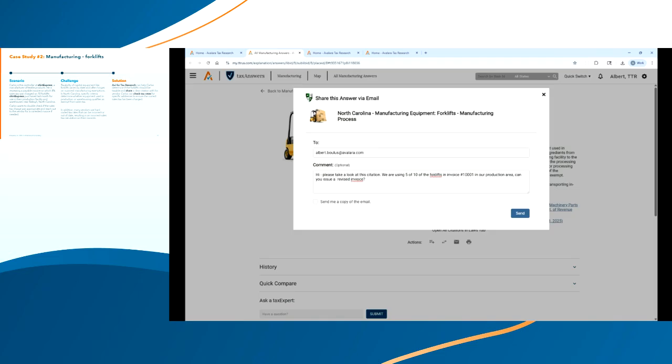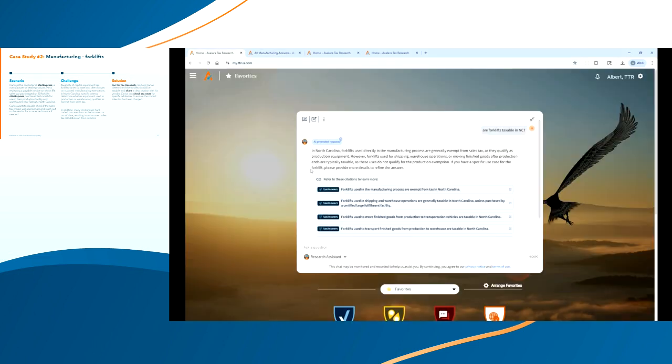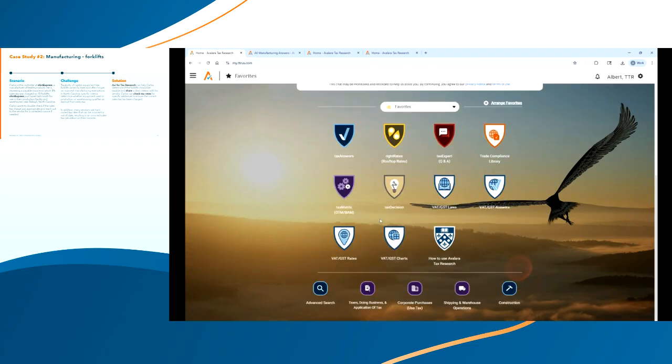And we can send that to our vendor. They will get the email. You can get a copy of the email, and you can share that citation with whomever you need to so that they can see where you're coming from, understand the law, and issue a revised invoice, and potentially save your company some money. Another thing we can do with Avi is, let's go back to Avi and say, okay,